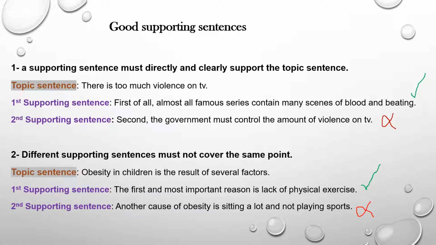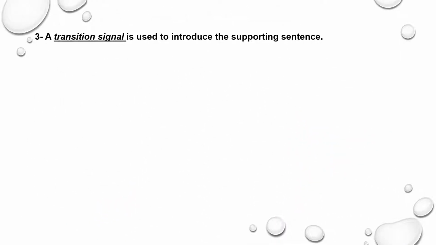Now, what about the third point to remember when writing a good supporting sentence? The third point to remember is the use of a transition signal. A transition signal is used to introduce the supporting sentence. Transition signals are actually very important because they help the reader to predict what they are going to read in